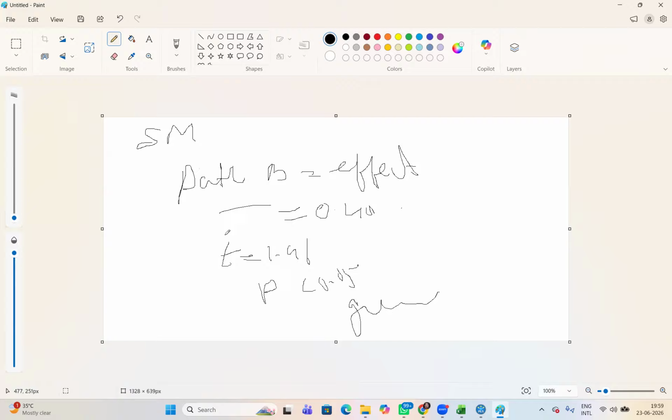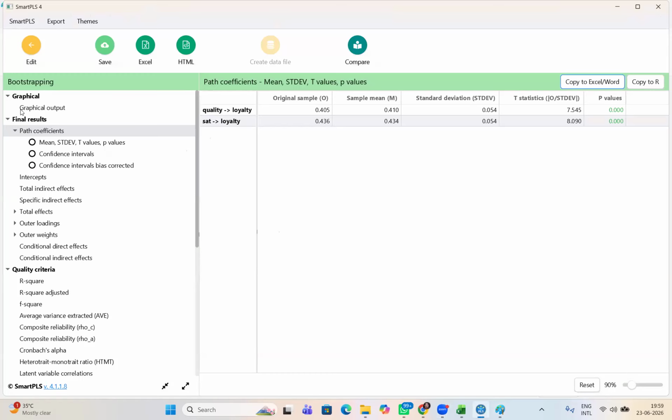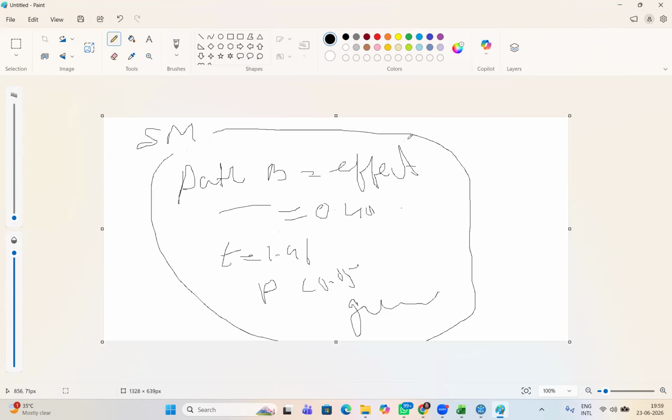Okay. So in the structural model, we check this thing. Is this clear to you? Now I'm going to this for PLS. I now see a P value is green. It means this is the path coefficient value. This is greater than 0, and the T value is more than 1.96. Okay. So now Rahul ma'am's question.